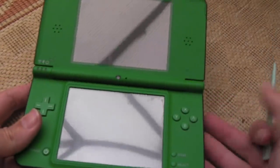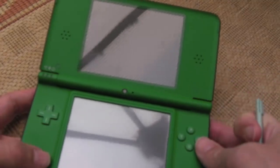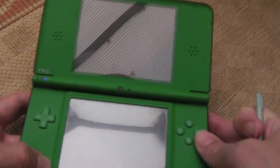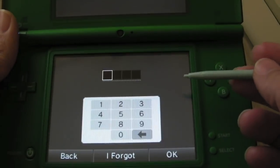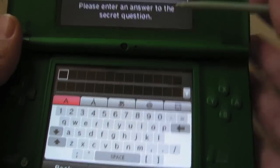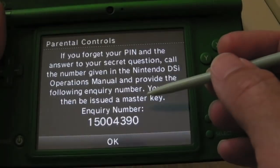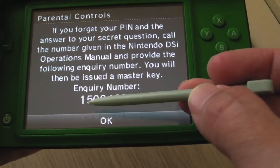Anyway, I've found a website that seems to allow you to unlock this. What you've got to do is go into the recovery process. I'll see if I can get to the right place, hang on. As you can see, I don't know the details. To reset it, you do the I forgot, and then it says, what's your mother's maiden name? Well, I forgot, because it's not mine. And it gives you a code here. You can see this,